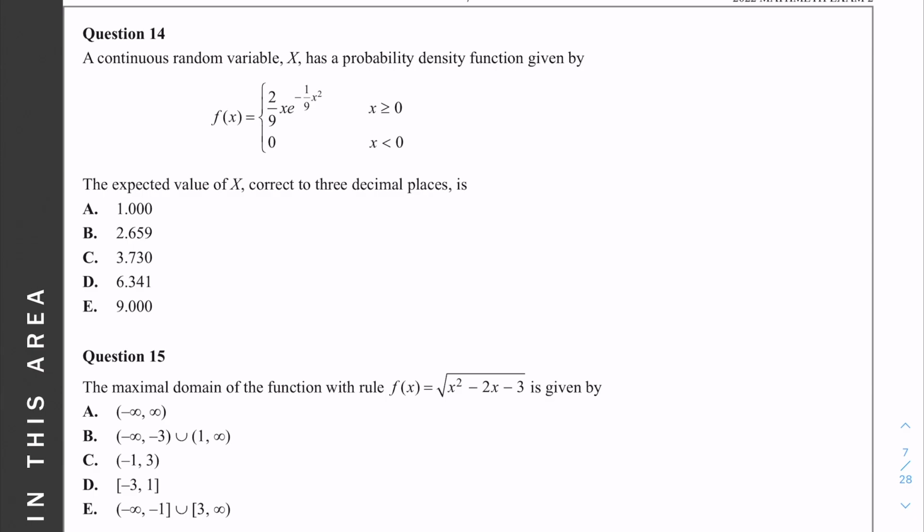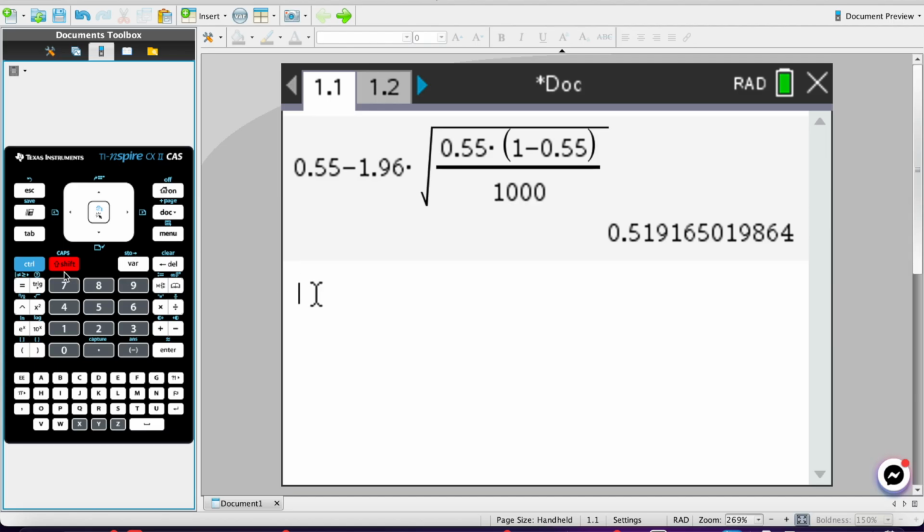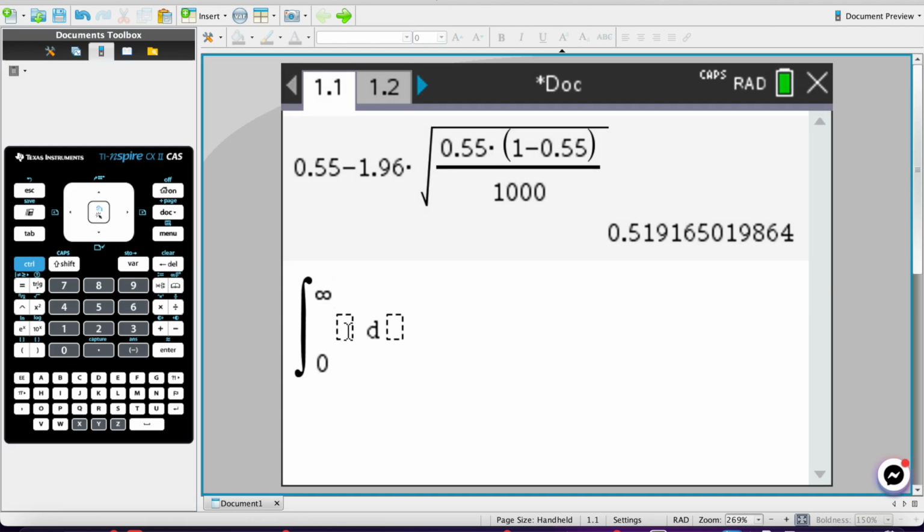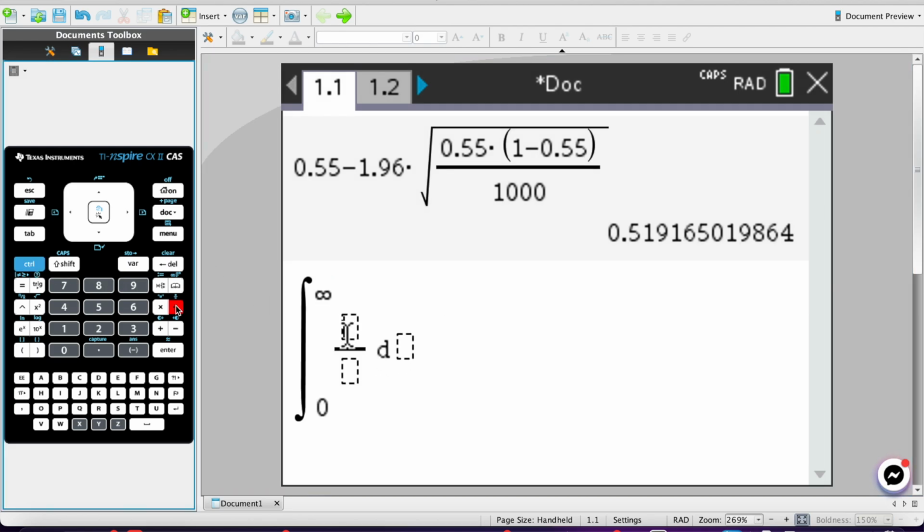Continuous random variable x has the probability density function given by. So we just need to do the expected value, and that is the integral from negative infinity to infinity of x times f of x. So I'll go back to my CAS. And here we only need to do the integral from 0 to infinity because the rest is 0. So if we do the integral from 0 to infinity of 2 over 9 x squared, so remember multiplying the f of x by x,